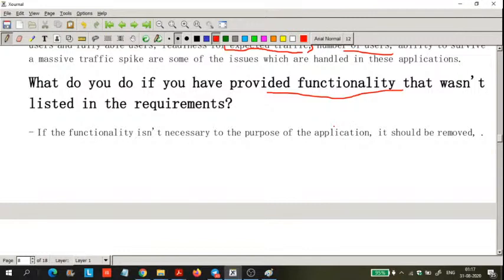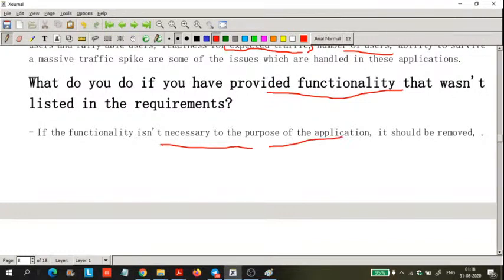After freezing the requirements, they will proceed with requirement design, coding and all. So what do you do if a functionality is provided that was not listed in the requirements, if those requirements are not in the contract? So if the functionality is not